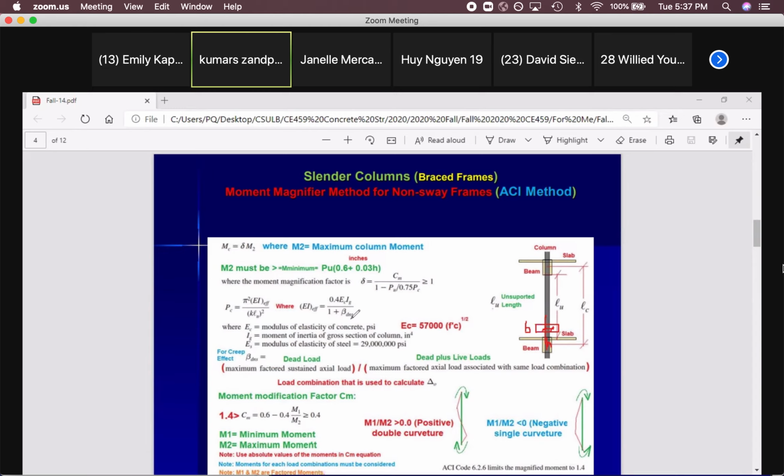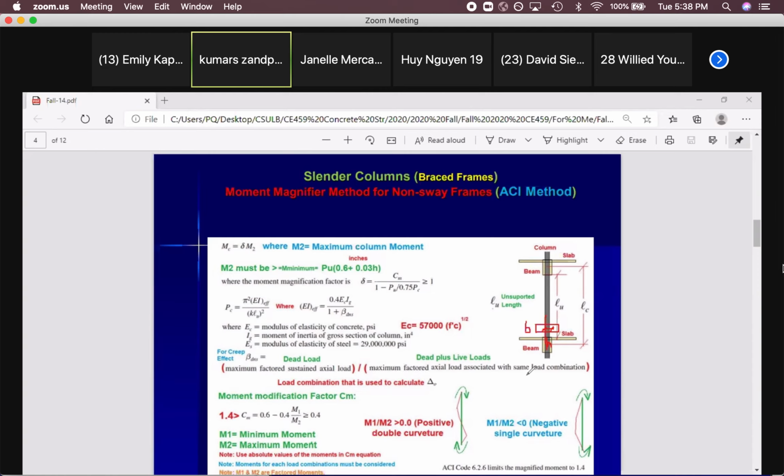So what's that? NS means non-sway, means braced frame. Non-sway means braced frame. Okay. What's the beta d? Make that easy to remember. That's the equation, how to find that. If you go with this, sometimes it's hard. What does it mean? Maximum factored sustained axial load divided by maximum factored axial load associated with the same load